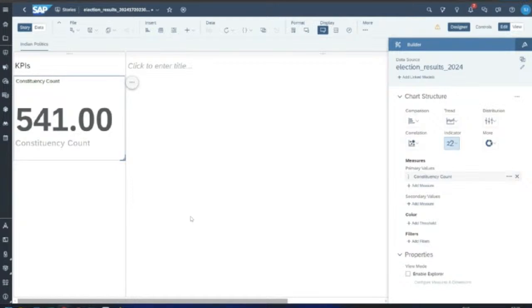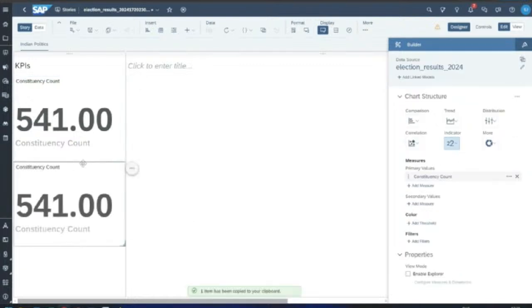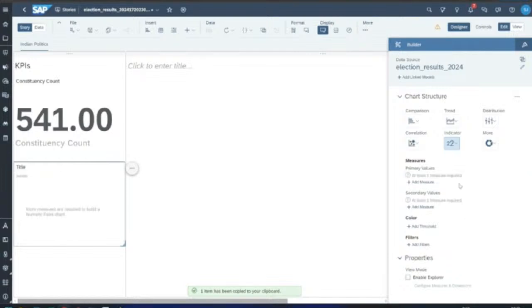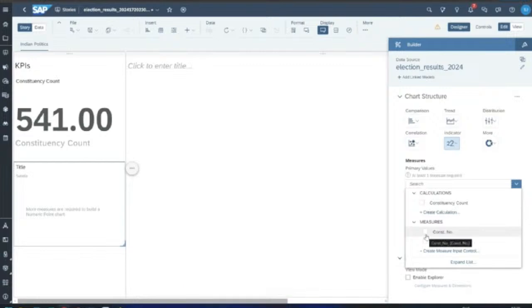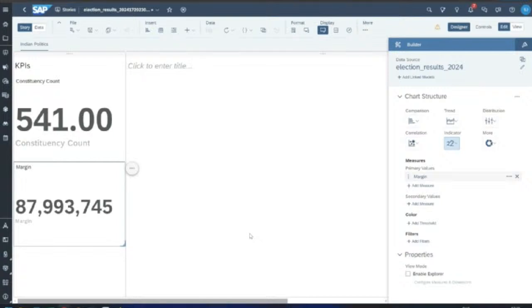Now I want to know across these constituencies what the total vote difference was, because of which the other party won. So I will just press Control C and Control V. I copied my chart, and now I come back to also show the total vote count. What was the total vote margin across all these constituencies, because of which the leading party won the election? Now we've got two of the important data points. So we will go back and put the margin here.